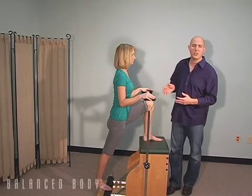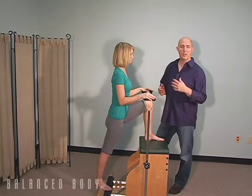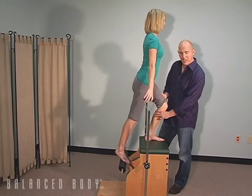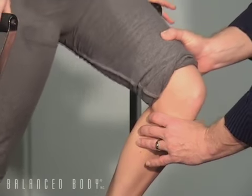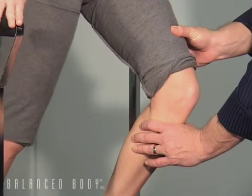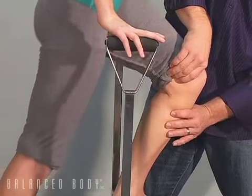So I'm going to put my hands on top of her knee and on her leg as she does this exercise, demonstrating, I'll voice over exactly what's going on. So as she comes up into extension, the femur spirals in and the tibia spirals out. As she goes down into flexion, the femur spirals out and the tibia spirals in. And it's just reproducing this natural bone rhythm that exists that often is forgotten in these particular patients coming back